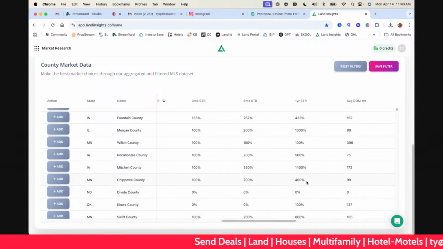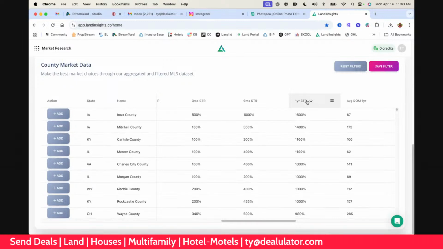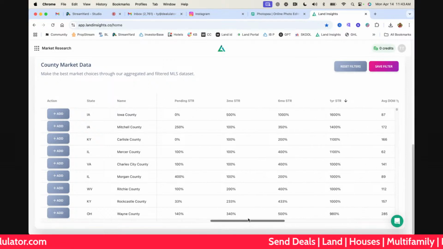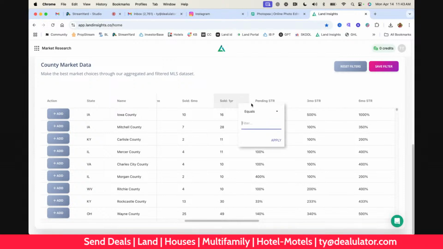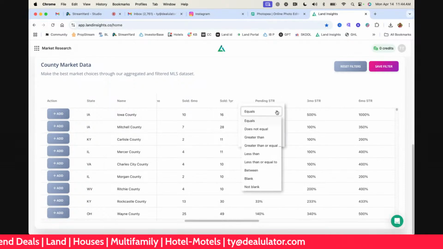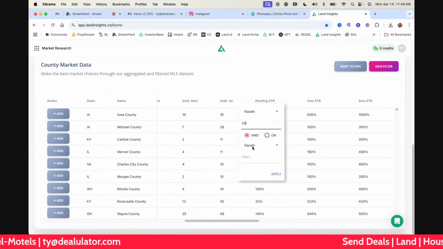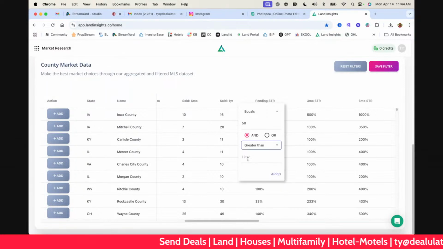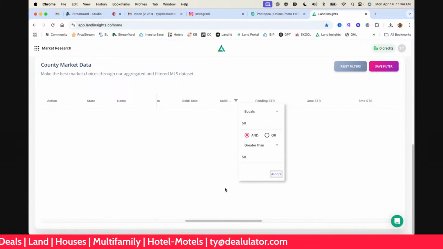Let's say sold in 1 year, a minimum of at least 50, greater than 50. All right, so we'll do it that way.